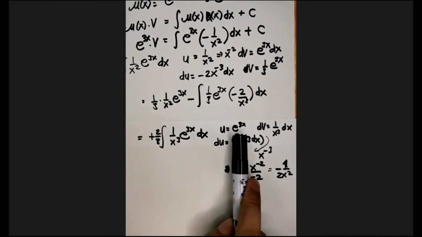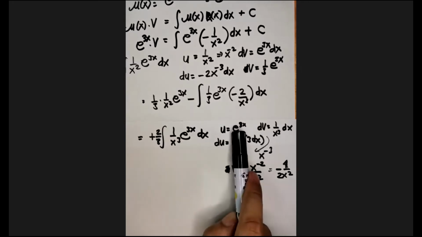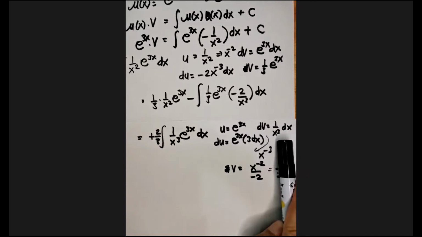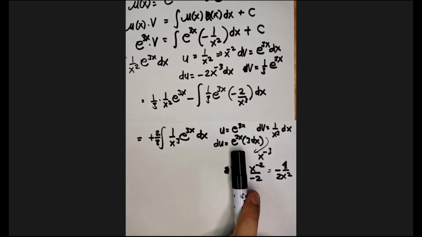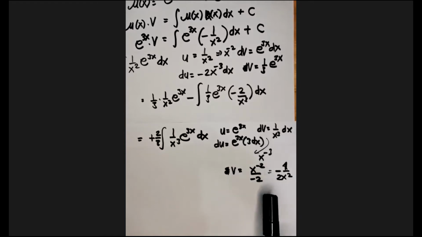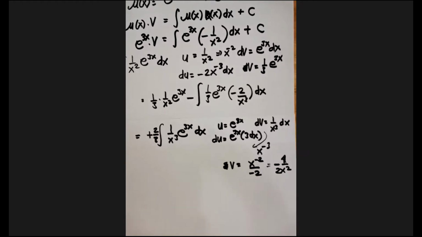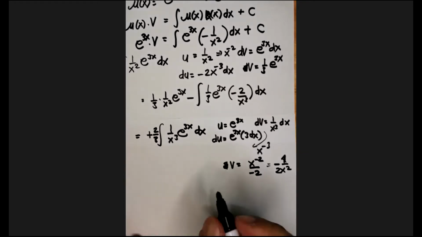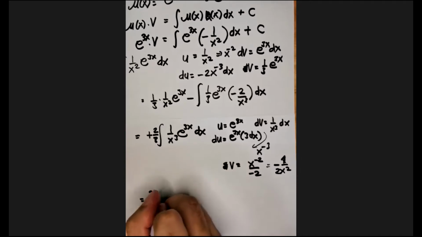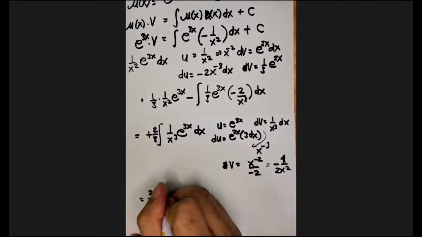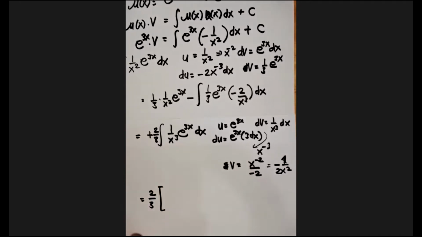So try kong ibabaliktad ko naman. Ito yung gagawin kong u at ito naman yung gagawin kong dv. Ayan. So pag dinerive ko to, ito yung makukuha ko. Pag in-integrate ko naman ito naman yung aking makukuha. Ayan. So by formula, so that's equal to 2/3 times a quantity